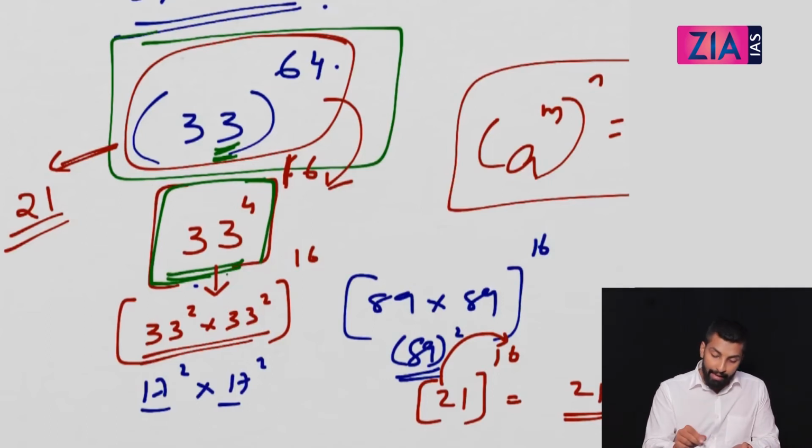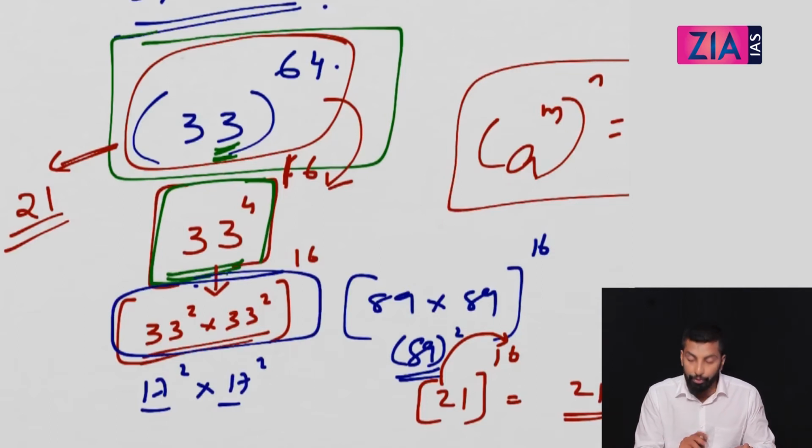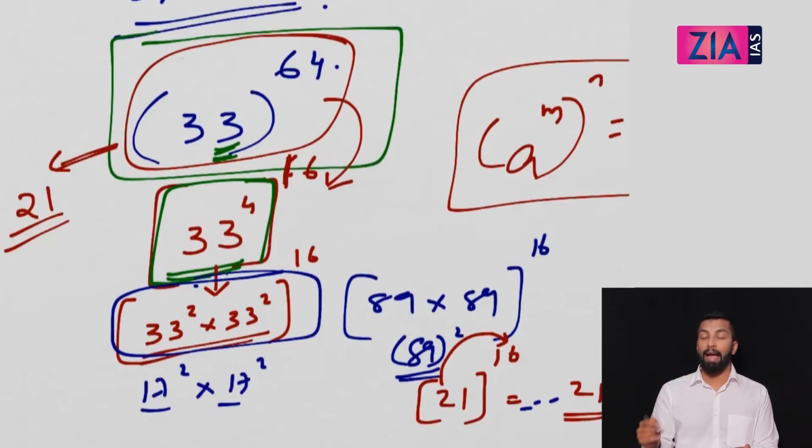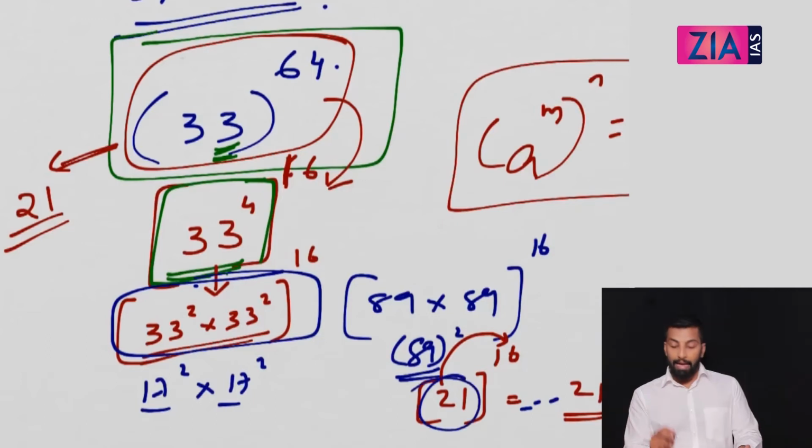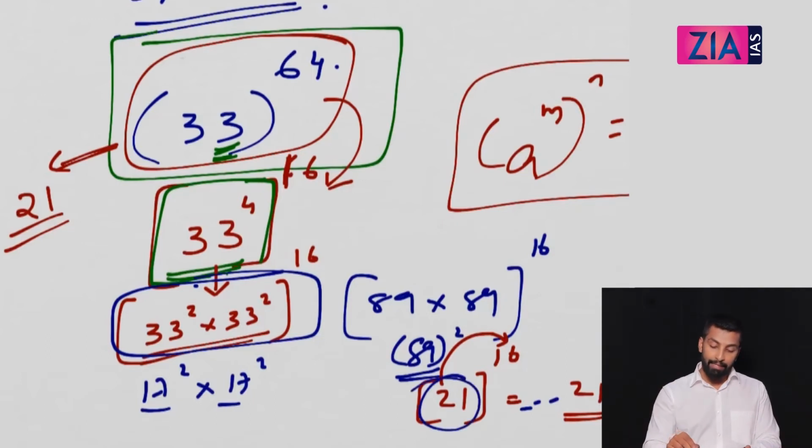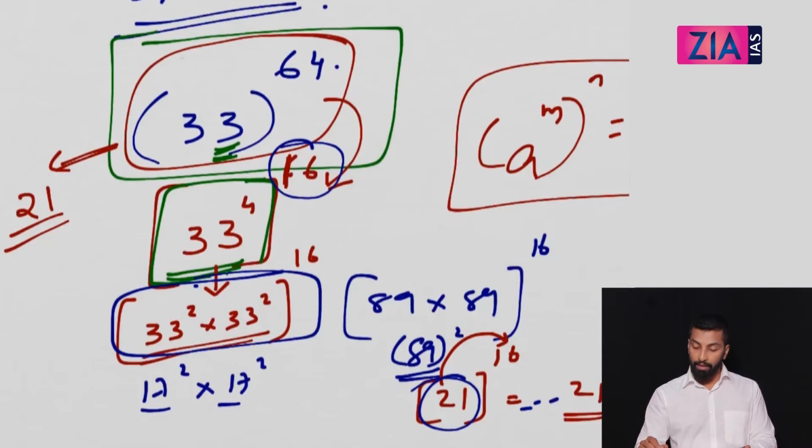So see, the idea is, if you open up this bracket, if you fill this bracket completely by finding 33 square and multiplying, you get a number which is ending in 21. Something is there, but I am not interested in that. To find the answer for the question, I need the last two digits only. Then the power you will write, that is 16. So 21 raised to 16, 1 is the last digit, 2 into 6, 12, so 2.